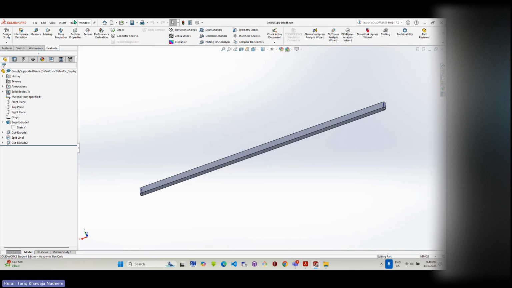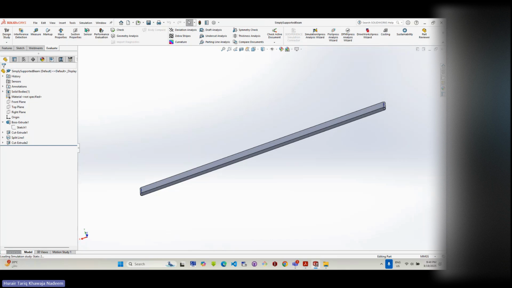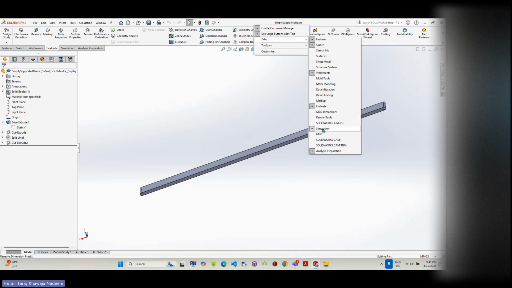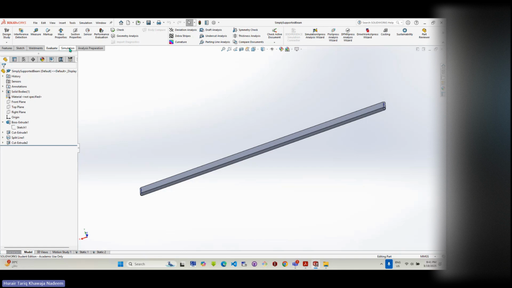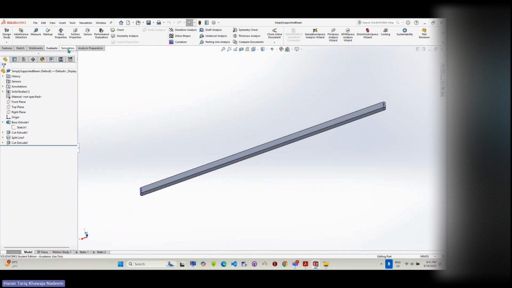So simulation is gone from here. So this thing you need to take care of, okay? So this simulation, where is it? There it is, okay? So this simulation needs to be checked, so that you get the tab over here, okay? And now I'm going to add this tab for simulation over here as well. This is here. So you can start simulation from here, or you can start simulation by using this tab,